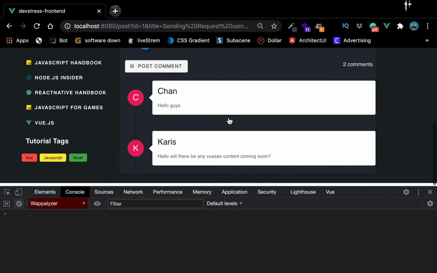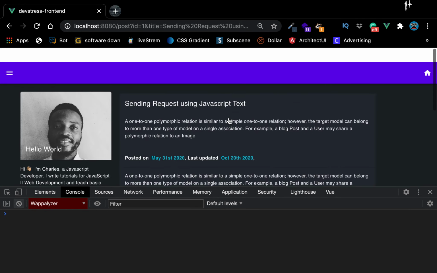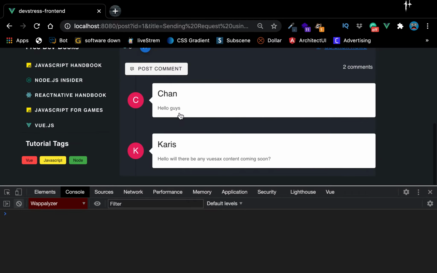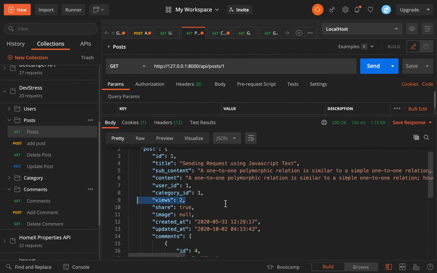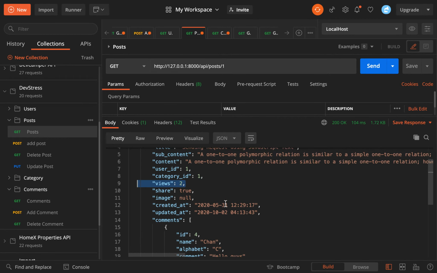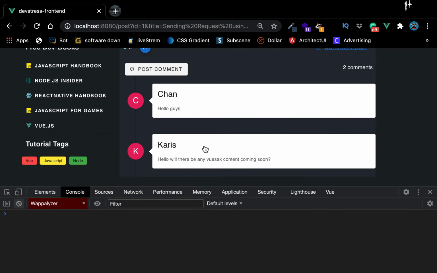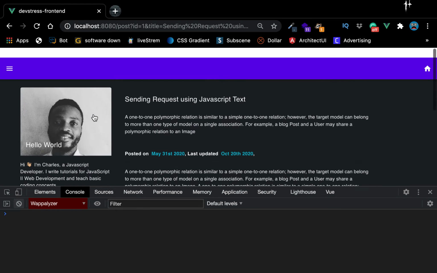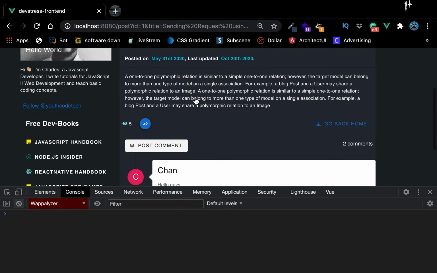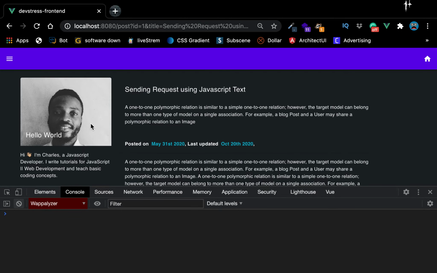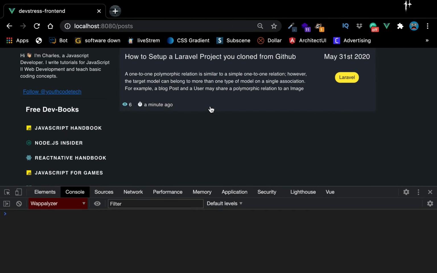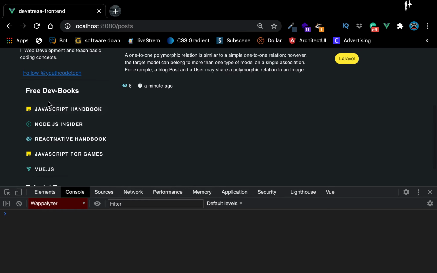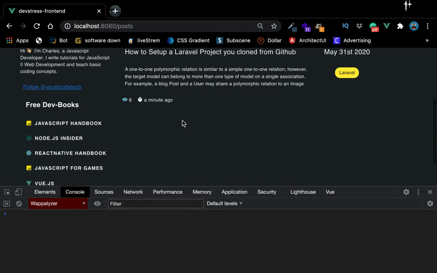No mistake. So are we done? So I think we can post a comment through Postman, right? That's the only place we can post a comment. But maybe in the future we have to find a way to create an administration panel where we can create our post, where we can post our post. All right. So for now we have it. It's working. So our next thing is that Vue should load only